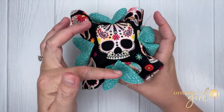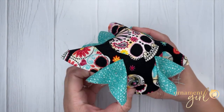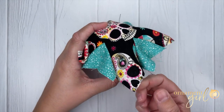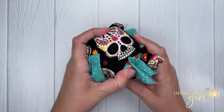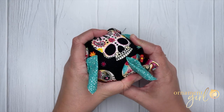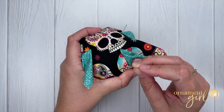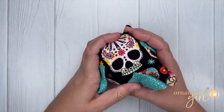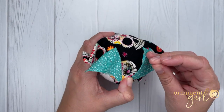Once you have all 4 triangles placed, we are now going to start tucking our excess fabric underneath those triangle corners. So pick one corner of your base square and pull it down over the foam, and then you're going to smooth the extra fabric out underneath one of those triangles, and you can use a pin to hold it in place. And then you can smooth the triangle out over the foam and pin the corner in place, but